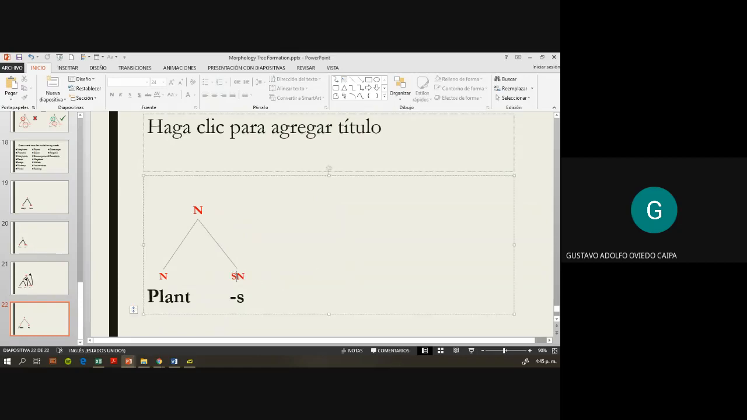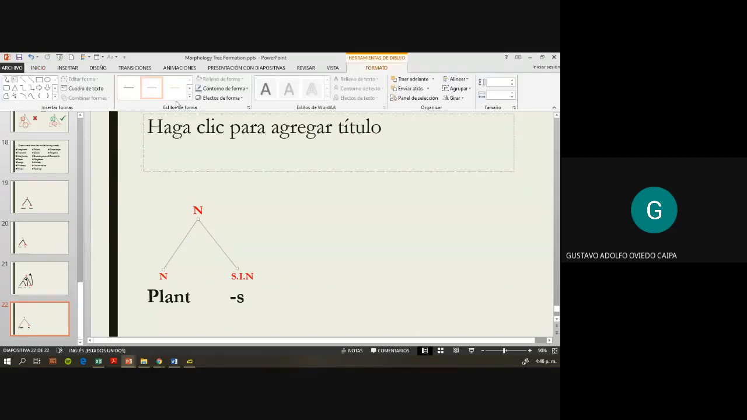If you want, this is totally optional, you can say that this is inflectional too, correct? But again, this is optional. You don't have to do it. So this is the first option of the tree. The first option for this tree is to say that plant is a noun and that this S is the plural for nouns. The other option,